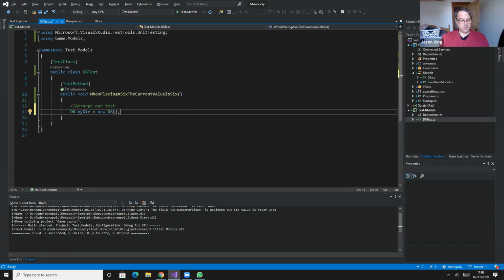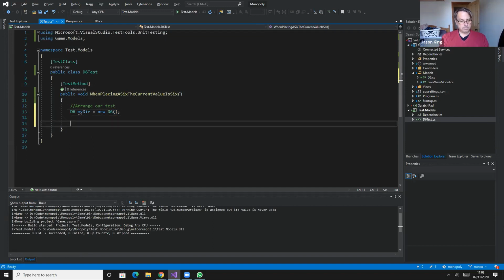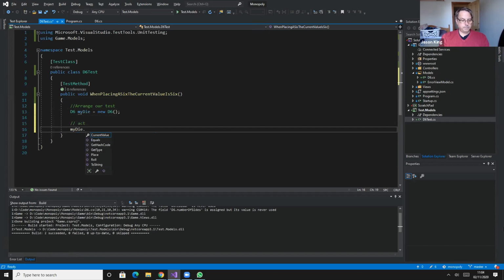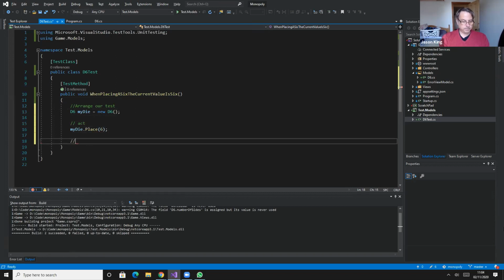Let's act on our test. So we're going to call that method, and now we're going to assert